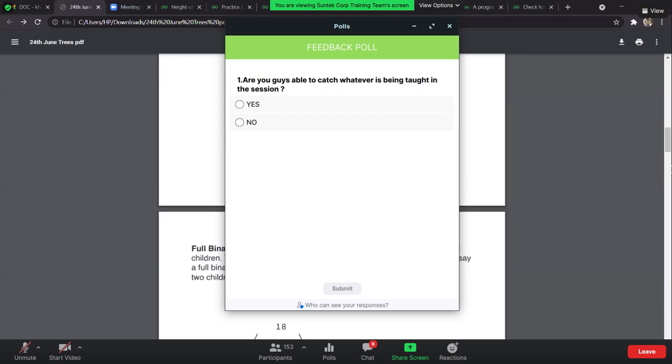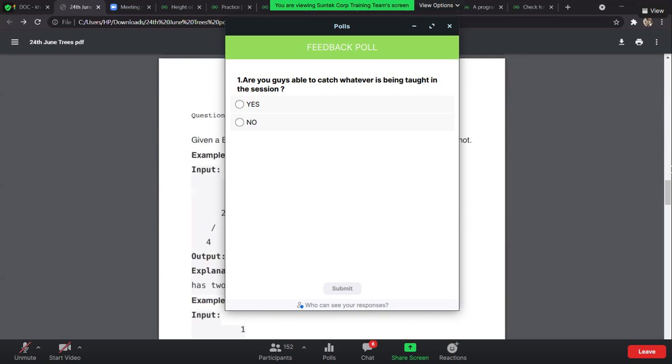The following are examples of a full binary tree, and this could be one of the examples as well. If you have a look at this, each node has two children over here, but the leaf node doesn't have anything. That means it could not have a single node on the right side or a single node on the left side. That's not possible with a full binary tree. So the question is not about what a full binary tree is. The actual question is, given a binary tree, you need to check whether it is a full binary tree or not.